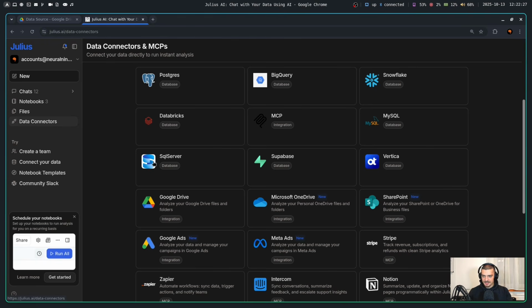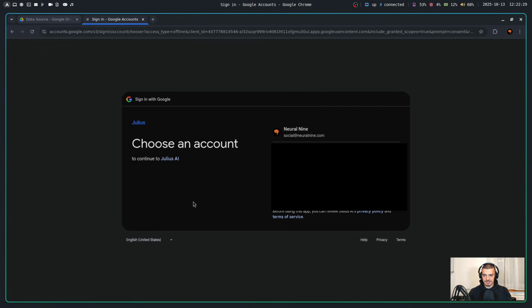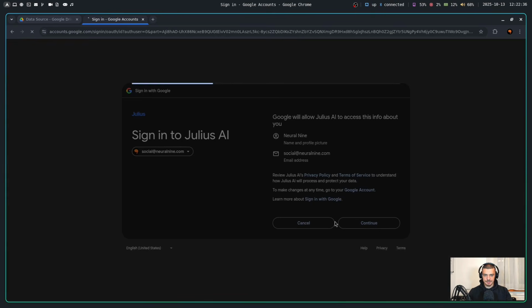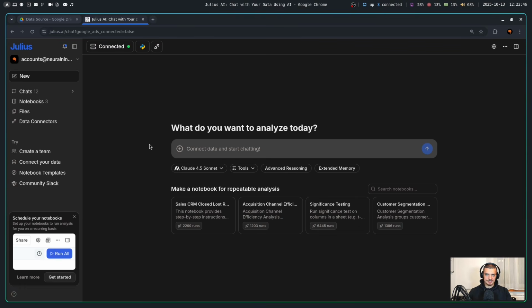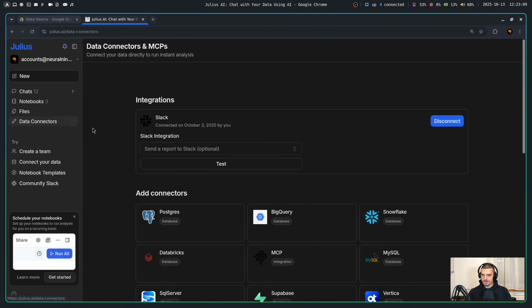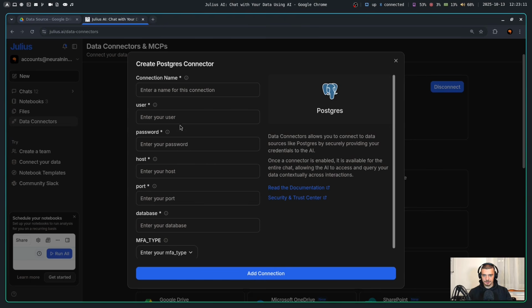I'm going to go to Data Connectors, down here to Google Drive, which is an integration. I'm going to connect to my Neural 9 account here. I'm going to continue. I'm going to continue again by giving this permission, and now it has access to my Google Drive. Second step is we're going to go to Data Connectors, down here to Postgres, and now we're going